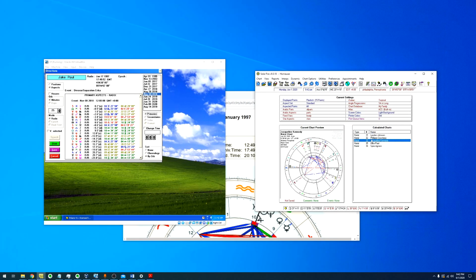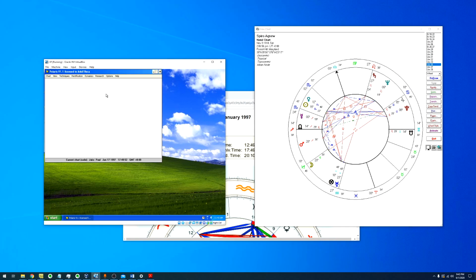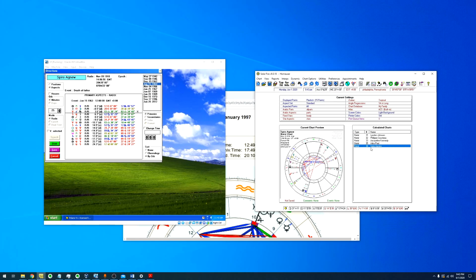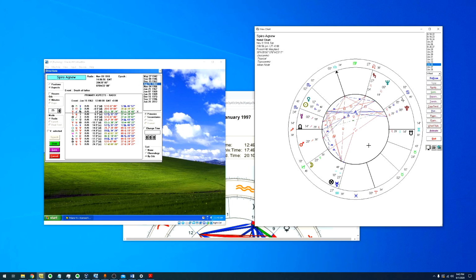Another example I have is now Spiro Agnew. Death of father. Look at Neptune. I mean, Neptune moves to a conjunction with the midheaven. Very powerful direction. These conjunctions are very effective in the lives of people, and we can spot all kinds of